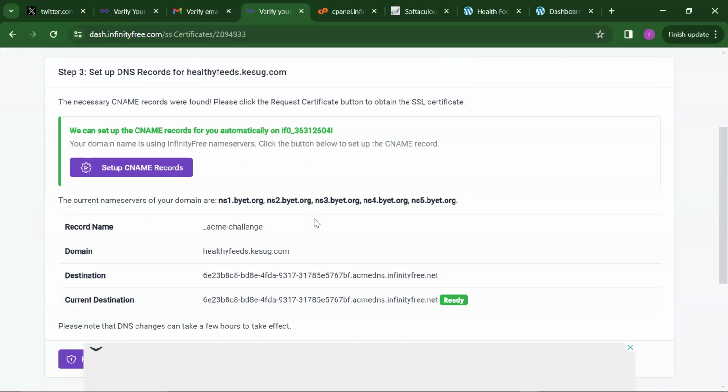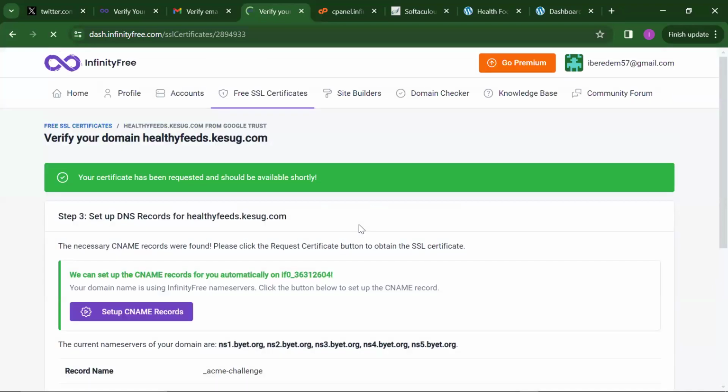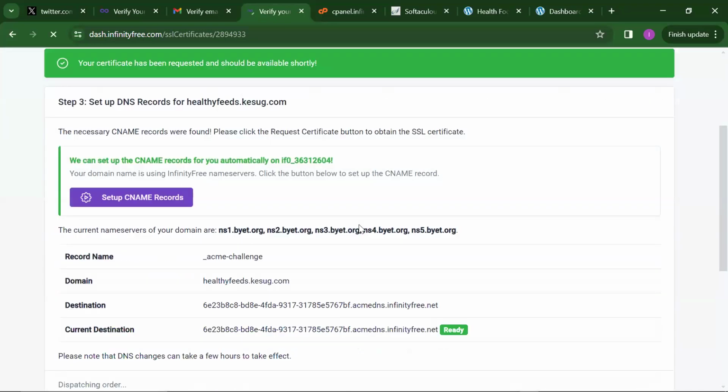So it has come up again. I'm trying to be sure. I'm trying to be careful about it this time around. I don't know why it's taking that long. It takes a few hours to take effect. So I'll click on this request certificate again. I don't know why it's